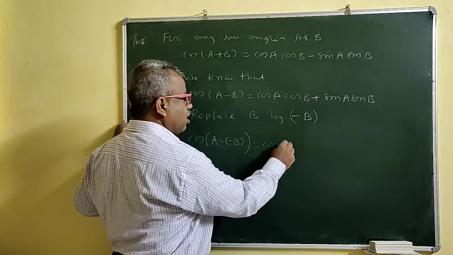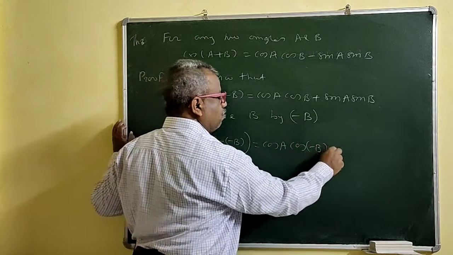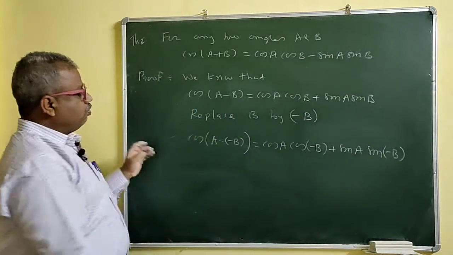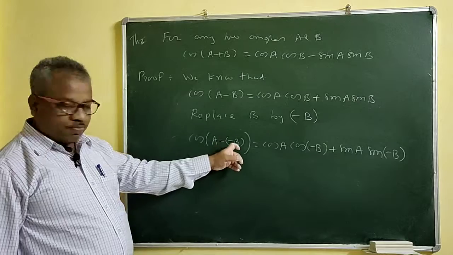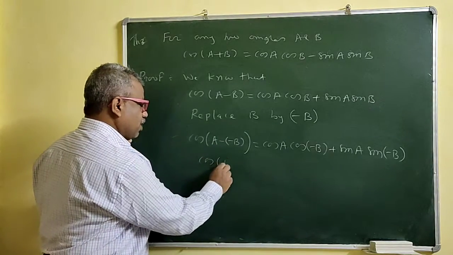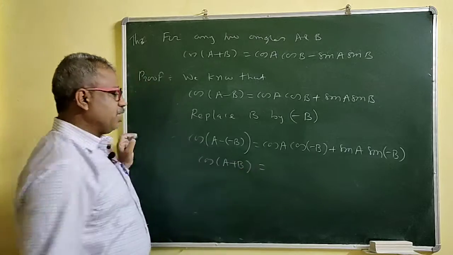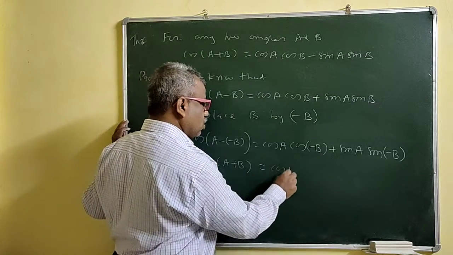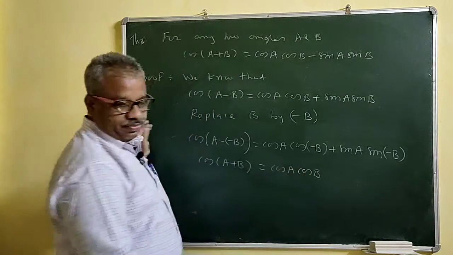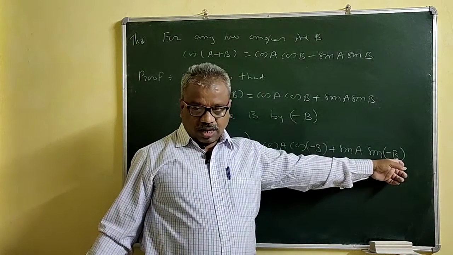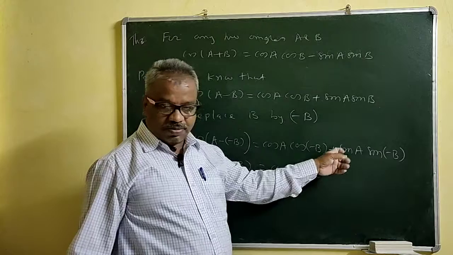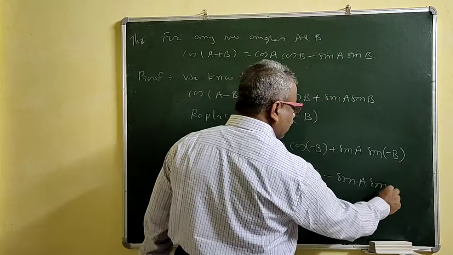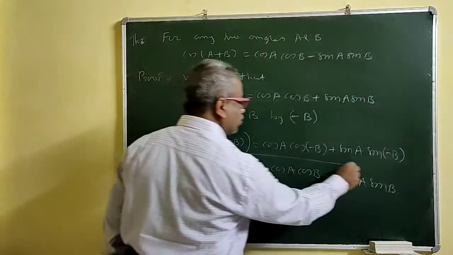So cos A cos minus B plus sin A sin of minus B. Right? So now simplify this. Minus of minus B will be plus B now. This is cos of A plus B. Now we'll take care of the sign. Cos of minus B is cos B, so cos B will be as it is. So this is cos A cos B. Don't write the sign there, because the sign of minus B is there. We know that sin of minus theta is minus sin theta, so this plus will become minus now. So minus sin A sin B. So we get the formula for cos of A plus B.